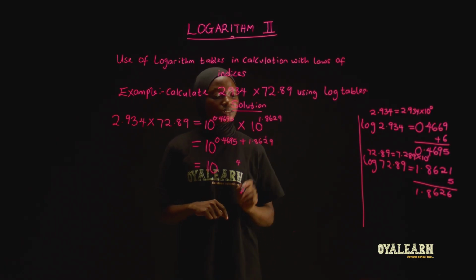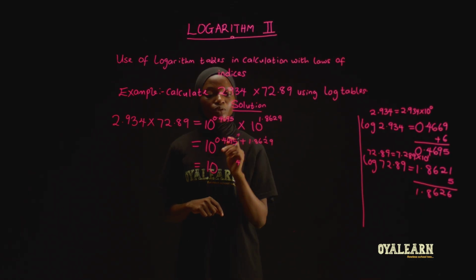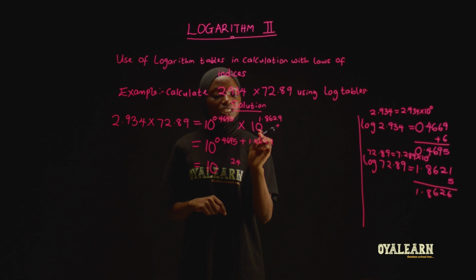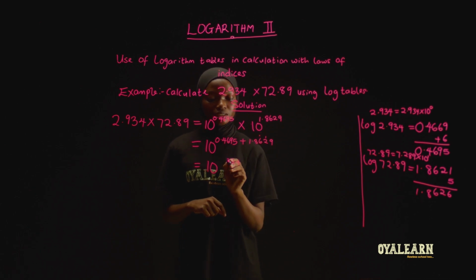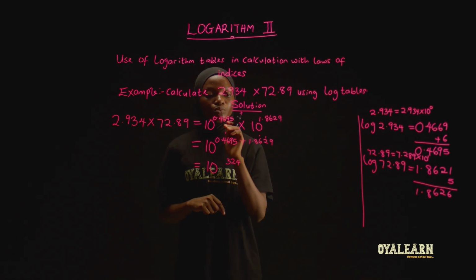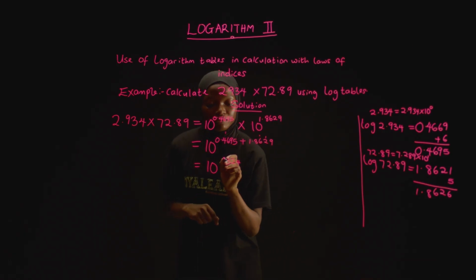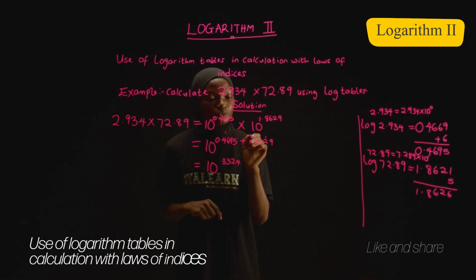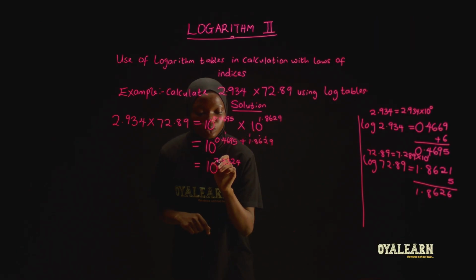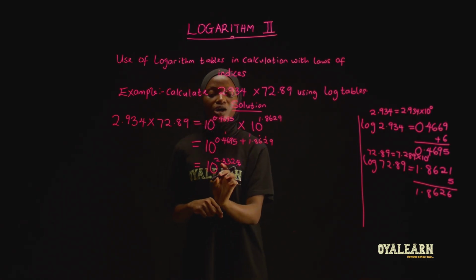Then 1 to this side. 2 plus 1, we have 3, plus 9, we have 2. 1 to this side. 6 plus 1, 7, plus 6, 3. We have 1 to this side. 8 plus 4, 12, plus 1, we have 13. Then 1 to this side. 1 plus 1, 2, plus 0, we have 2. So that is, we have 10 raised to the power of